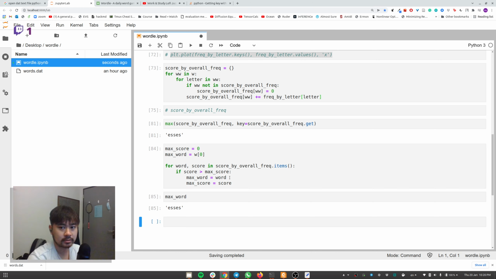So the highest scoring word is S's, but clearly it's a bad word to choose because